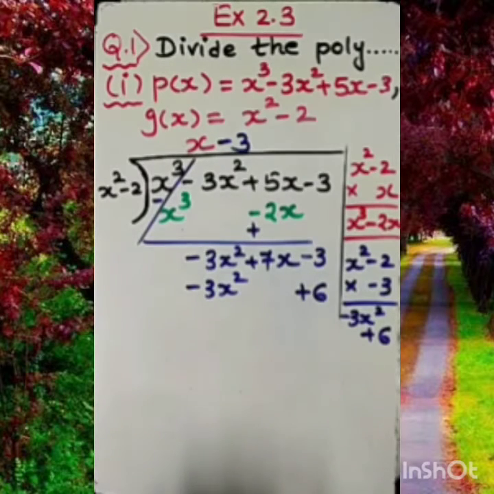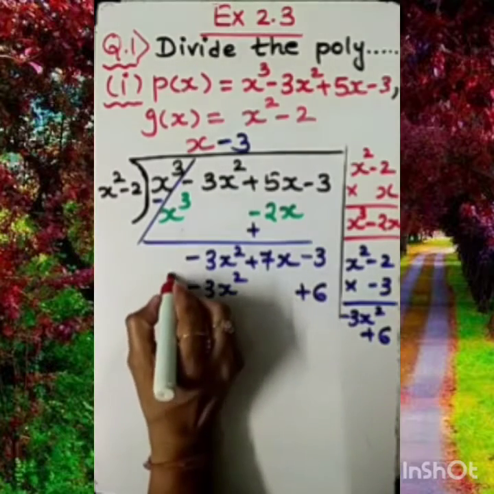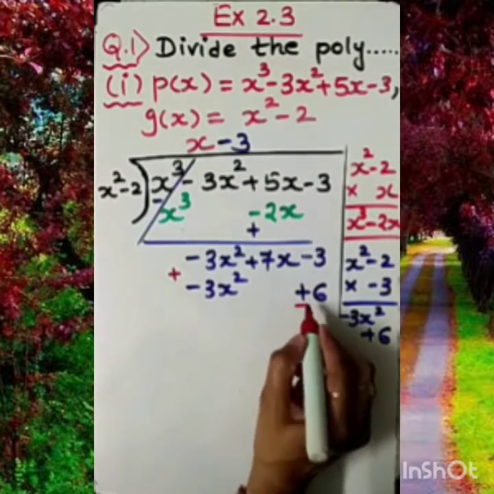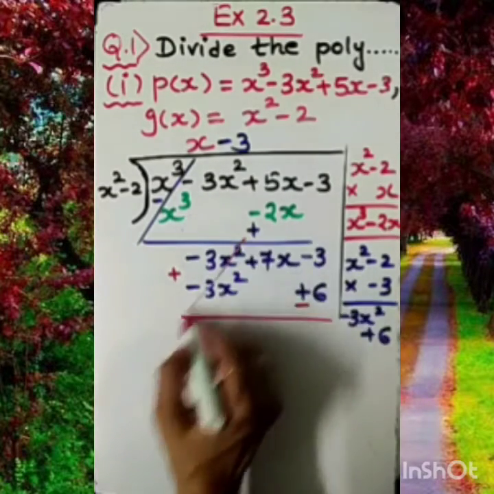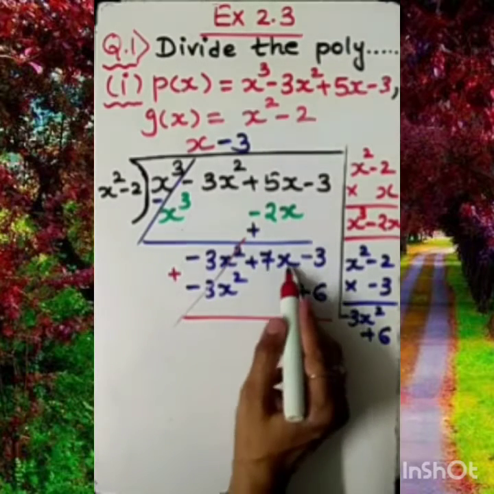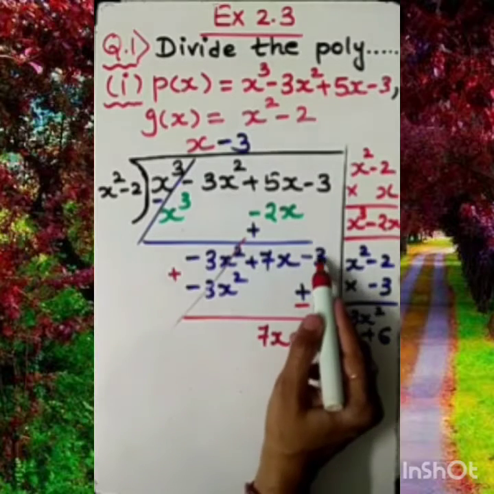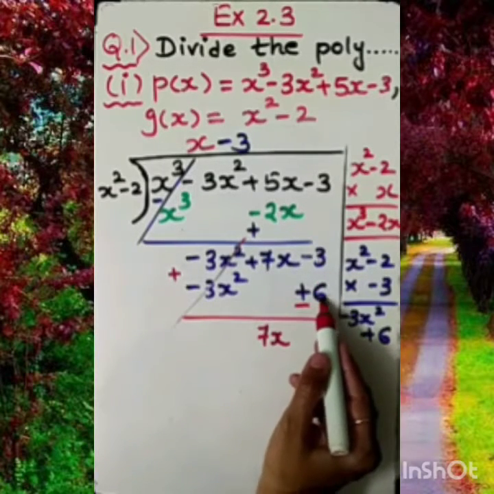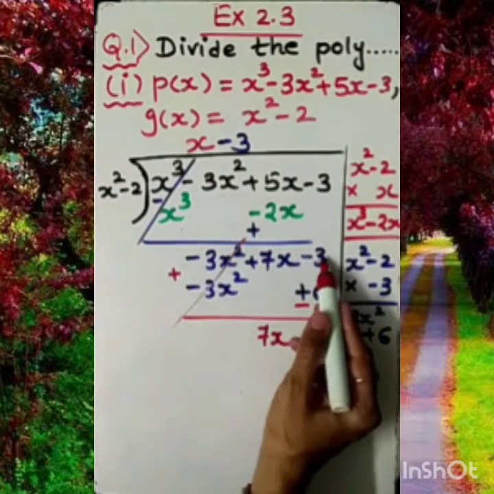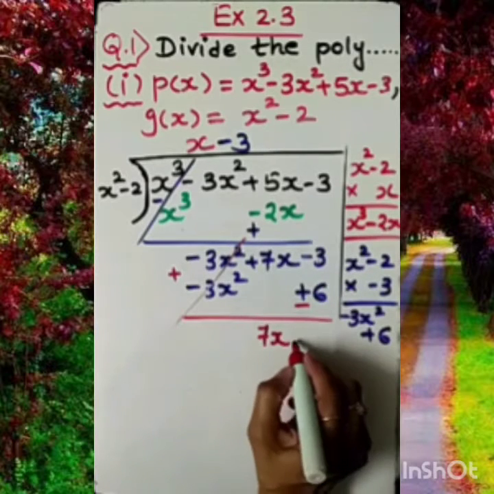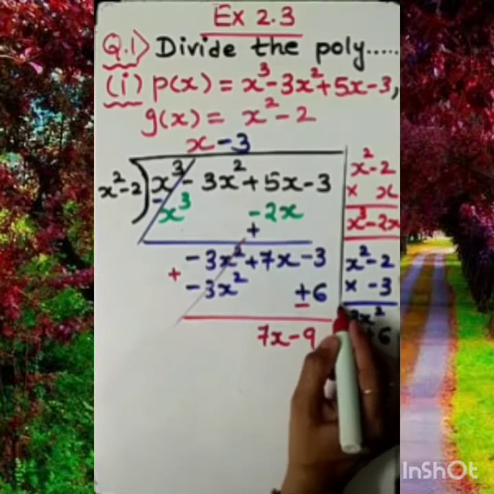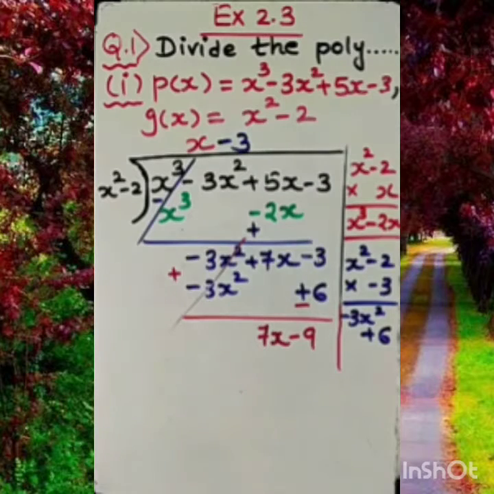Okay. So as usual, you know, we need to change the sign. That's why here it will be plus and this will be minus. This will be cancelled. What is left with us now? You can see 7x is left. What about minus 3 minus 6? Minus 3 minus 6 gives the result minus 9.